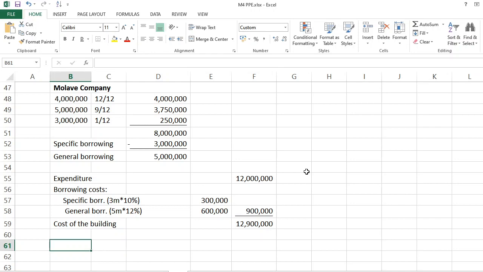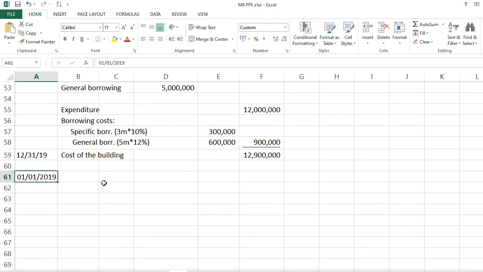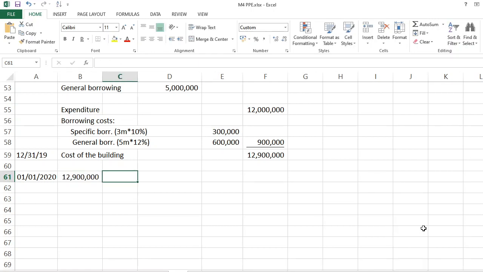So, average na naman, if you are now in year 2, the average now is automatically the cost of the building as of the end of year 1. So, kung pila tong imuhang cost of the building at the end of year 1, that would be the amount or the carrying amount for the following year. Ay, that's 1/1/2020. So that would be 12,900. Ayan. So nanata sa ikaduhang tuig ha, balik na po ta sa step 1. We're going to compute for the carrying amount or the average carrying amount.